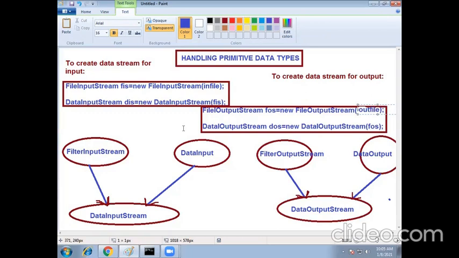Understand all of you? Now let us see one simple example which illustrates the use of these streams to handle primitive data types. Please note down this diagram and then we'll see one example.